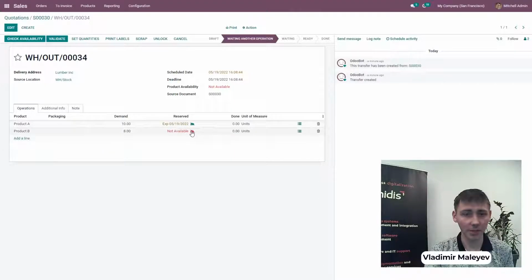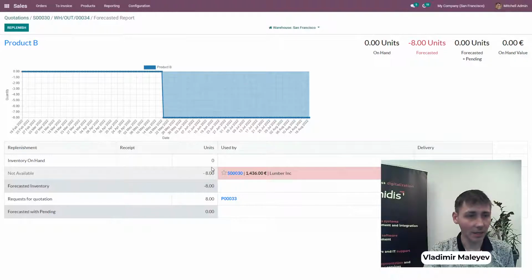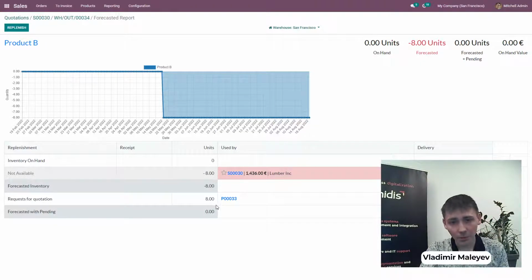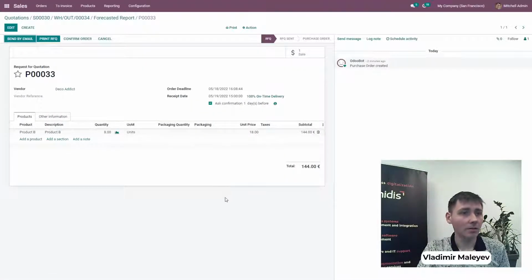Let's move to the forecast, because in forecast we'll see more detailed information. Here in forecast we see product B, we see its timeline and quantities, and we see that it's being used in our newly created sales order, its quantity, and we also see that the purchase order has been generated here. Well, it's not a purchase order yet, it's only a request for quotation, and to confirm it we can switch to